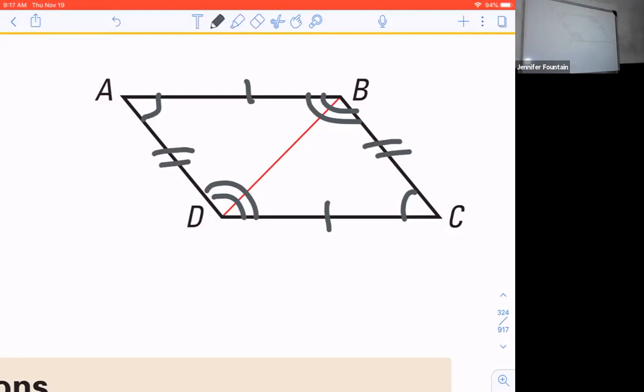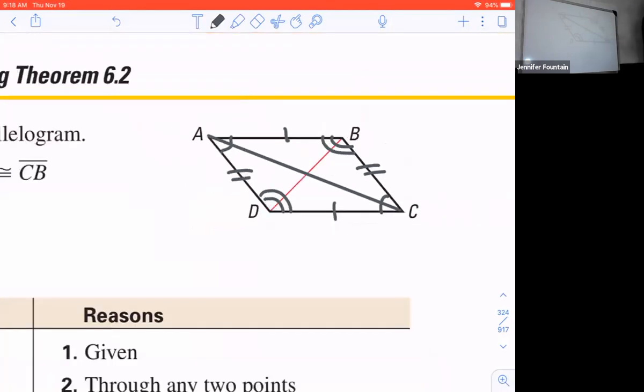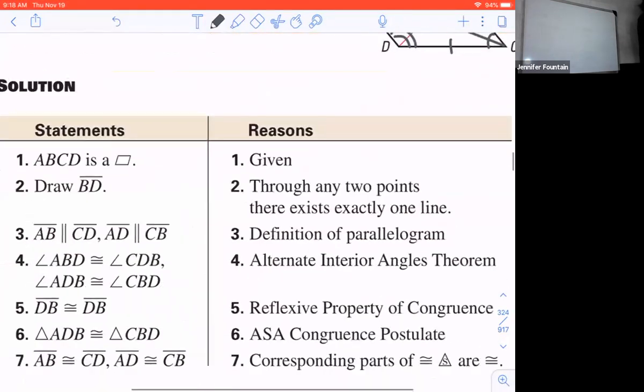So notice all we had to do is mark up. What do we know if we were to draw a diagonal from A to C? Okay, it bisects, so it cuts my diagonals in half. So there's all kinds of things that we can look at and know because they told us that this is a parallelogram. Because they said in the beginning, the given, they've told us that for sure this is a parallelogram. I don't have to make any assumptions. So I go through my 4 rules that I know, and so I know my opposite angles are congruent. I know that opposite sides are congruent. And so it wants us to prove the congruency. So you can see here,